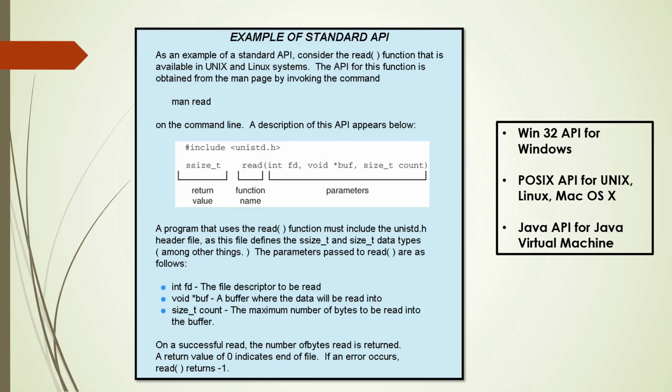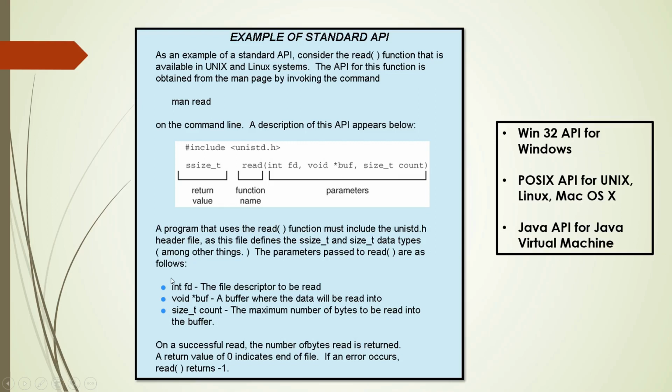Now when we read the data, we have to store it in a buffer. We cannot directly read it from the hard disk and write it to the hard disk, so a buffer is required. So the next parameter is the buffer where the data will be read into. Now the file is available, the buffer is available, and the file content will be written to the buffer. How much content will be written is defined by the last parameter, size_t. So from a file, this many bytes, a count of bytes, will be stored in the buffer for reading.